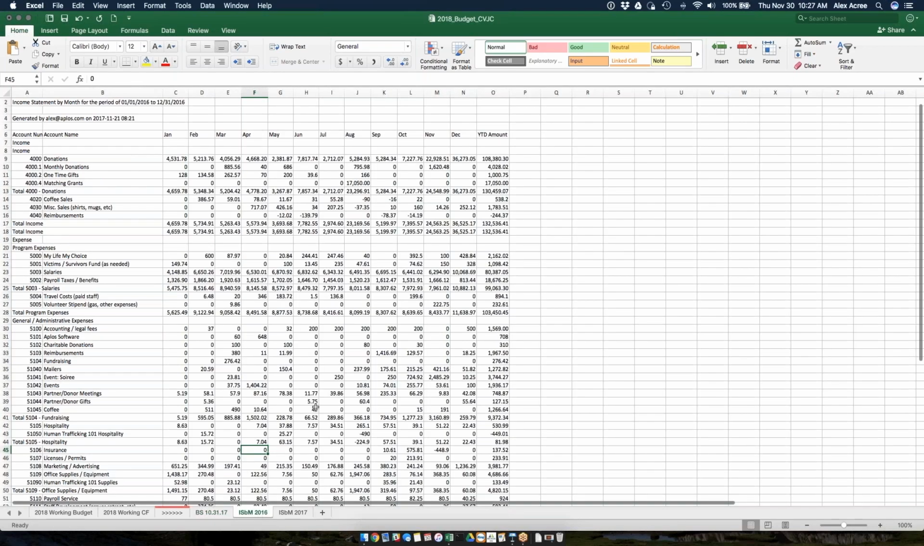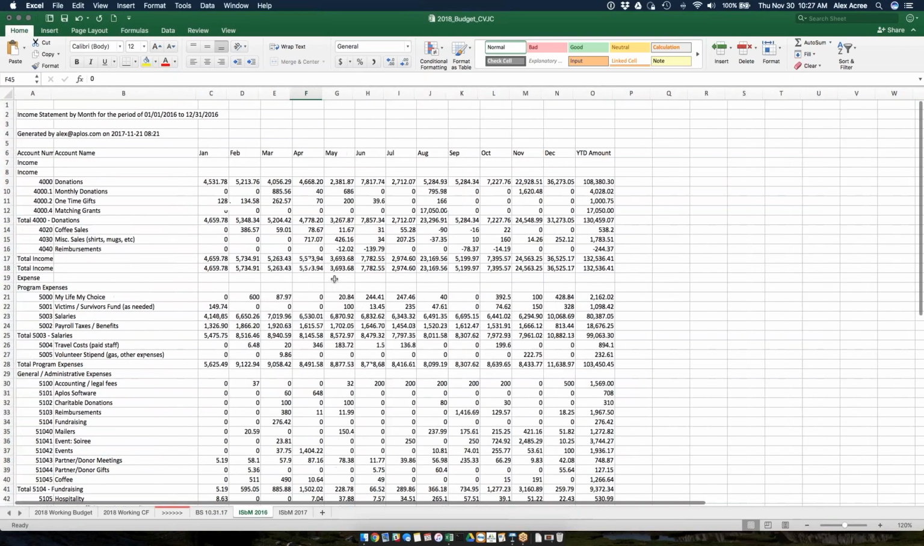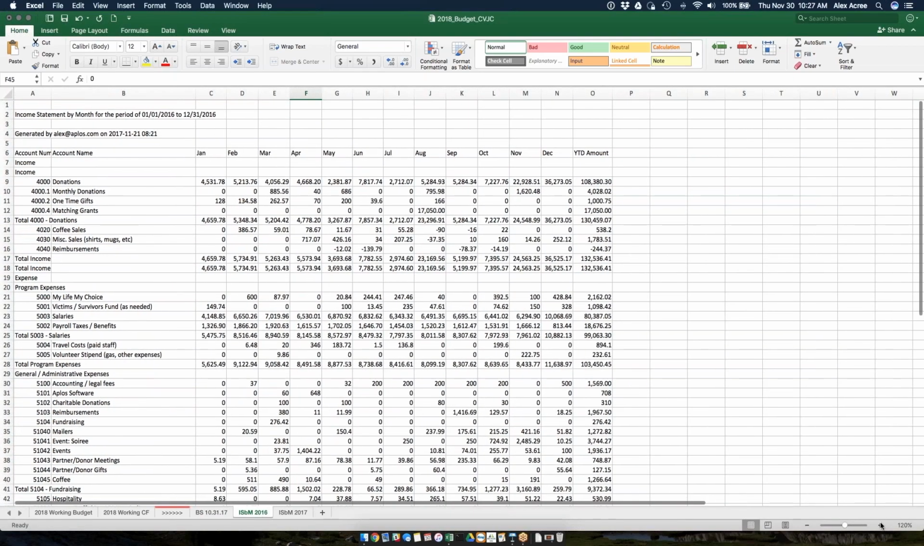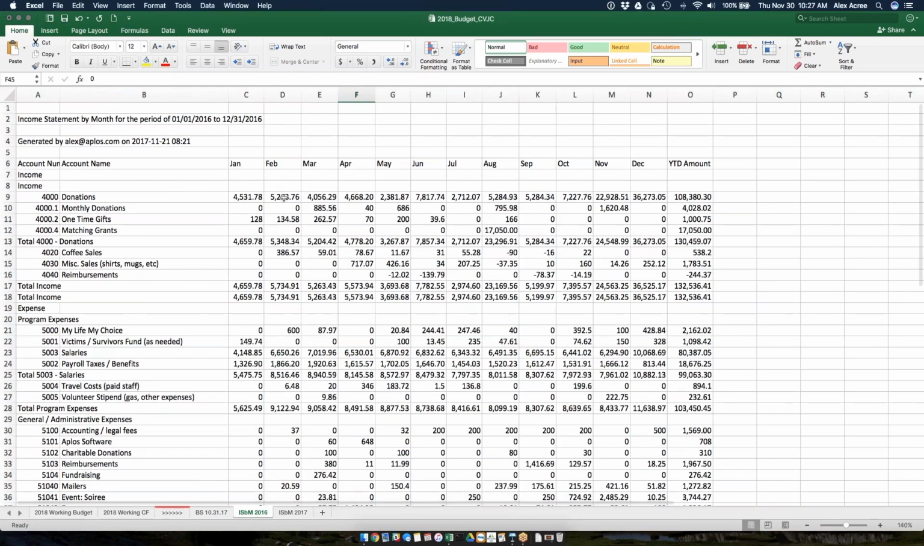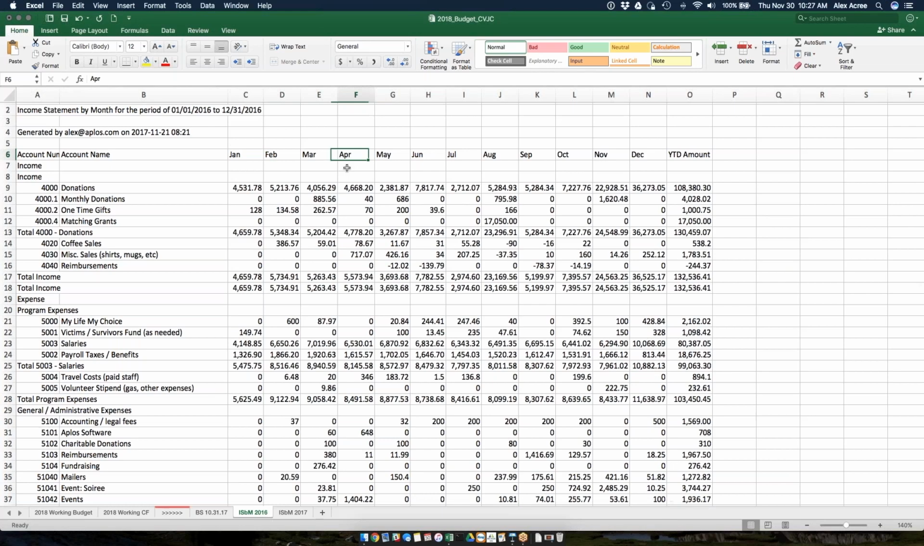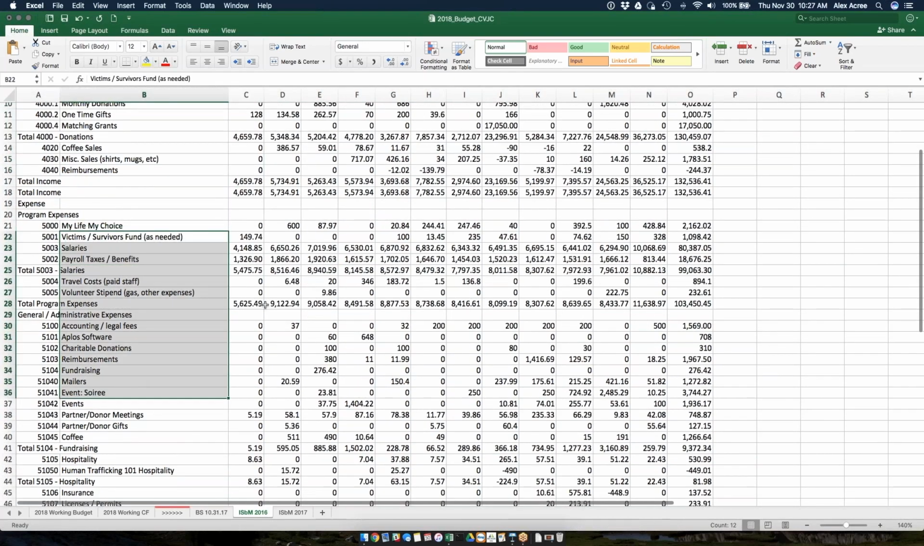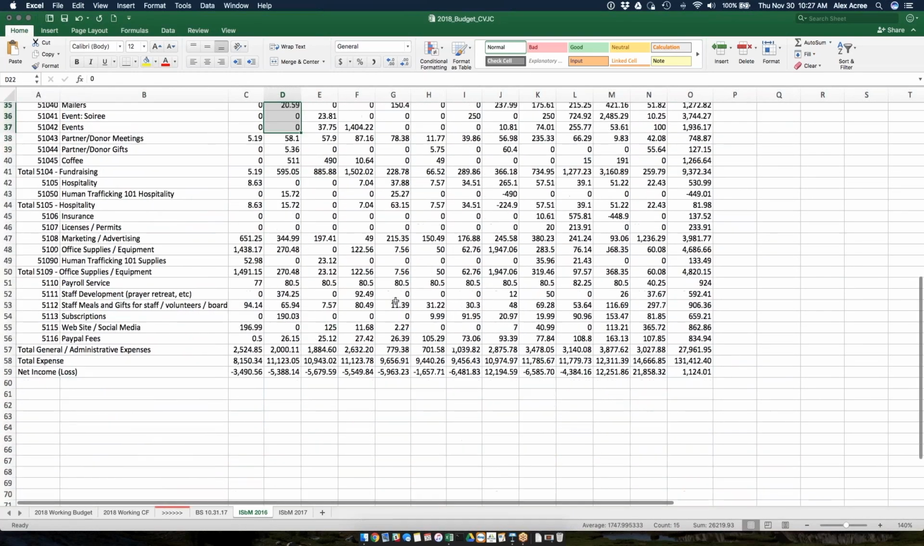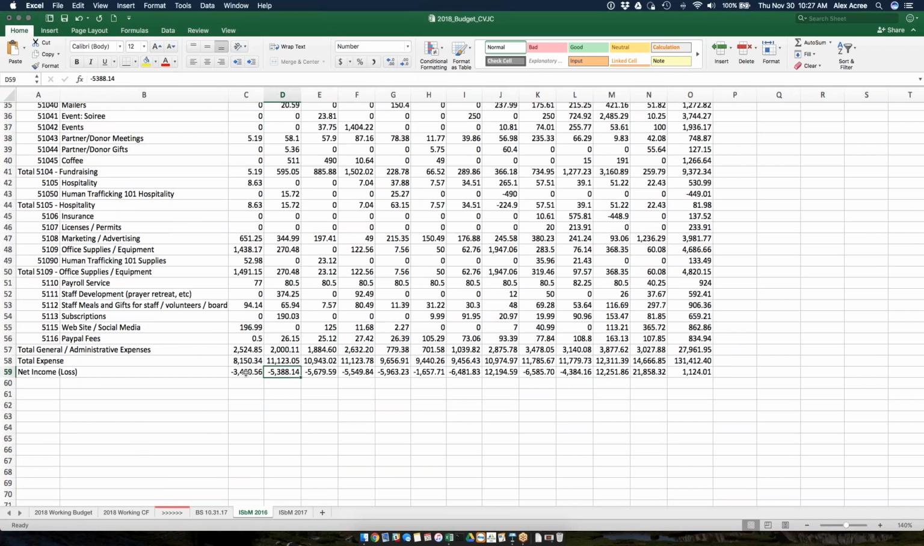I've also pulled an income statement by month for the past couple of years. So here is our income statement by month. Hopefully that's getting big enough for you. Here's 2016. So here is January all the way through December, all of our income categories, all of our amounts there, and then all of our expense categories and our expense amounts there, leading all the way down to our net income for each month as it was in 2016,